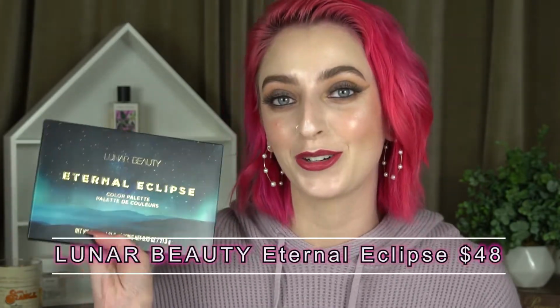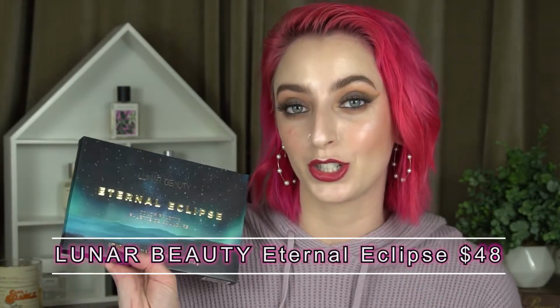And then the last palette I purchased in 2020 was the Lunar Beauty Eternal Eclipse. I really tried to resist this palette. It came out, the launch happened, and I was like, no, you do not need that. Kind of basic, you have those shades already, but then I started seeing reviews of it, which I normally will